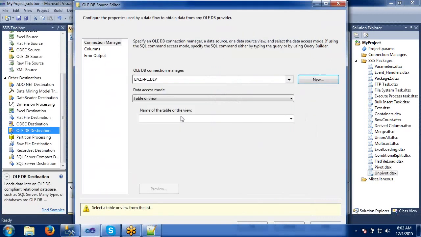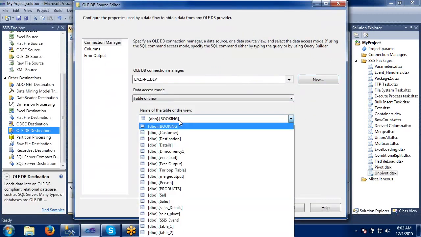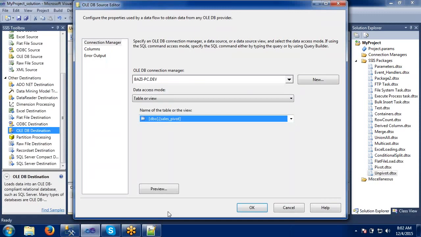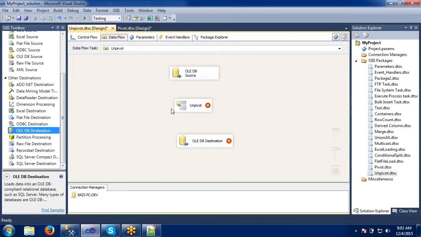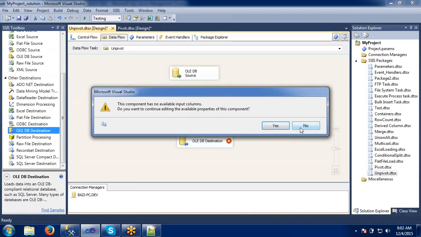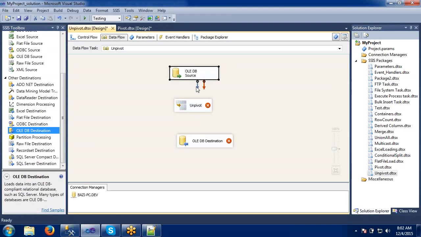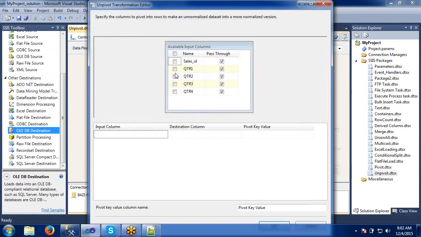Your connection and sales pivot, right? Here, columns quarter one, we are mapping. So it's asking for the connection here. What columns are we going to handle here?